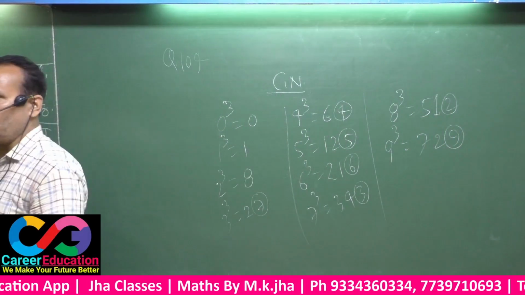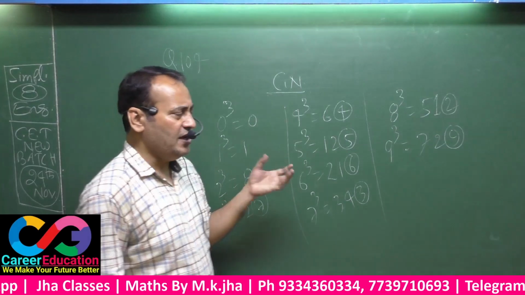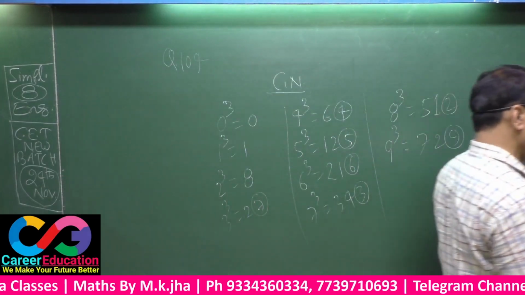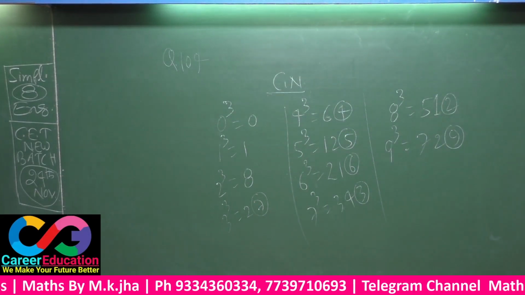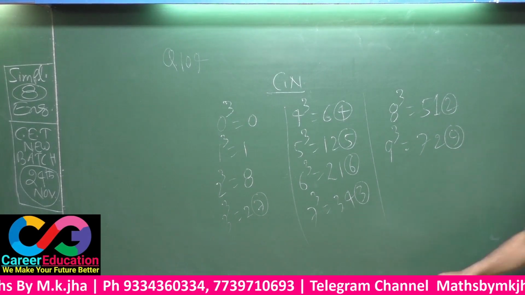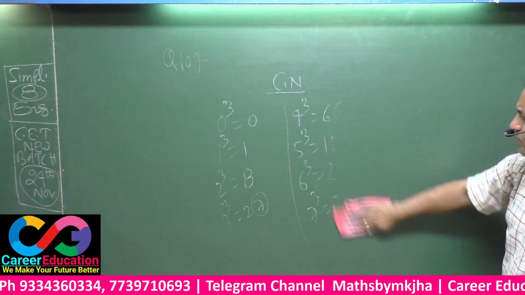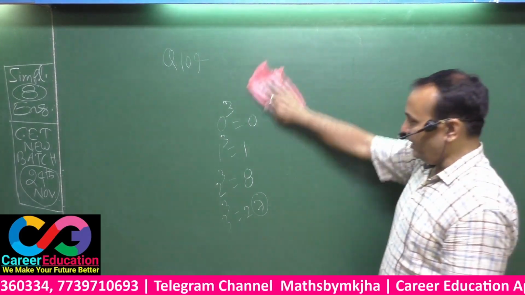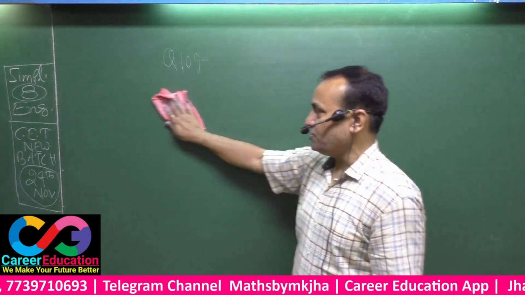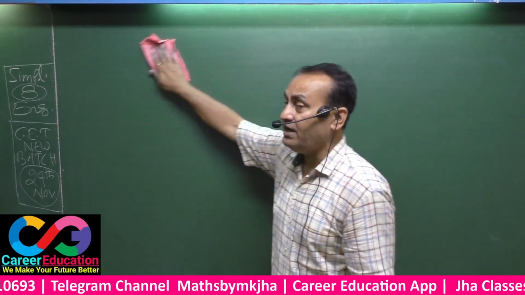If your number is a cube number, certainly at unit place any digit may be possible. That means 0 to 9, any digit is possible there. But as far as a square number is concerned, there are 4 digits that are not possible. Never ever possible. The digits are 2, 3, 7 and 8.